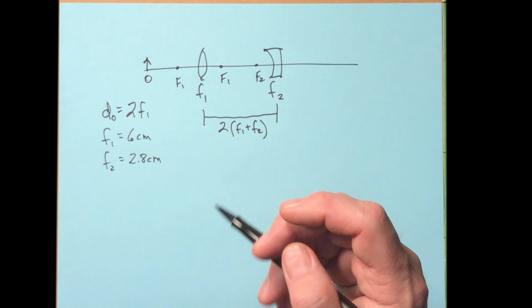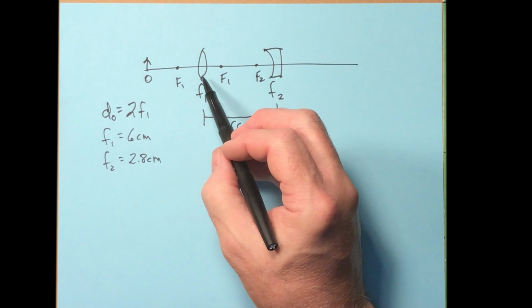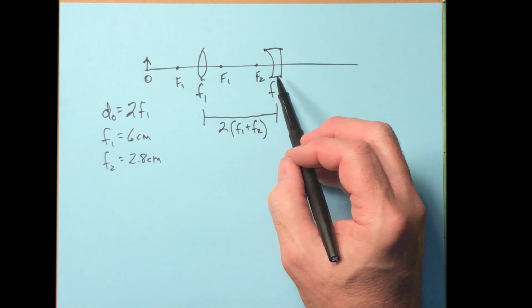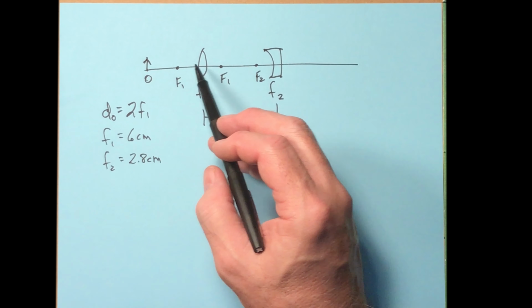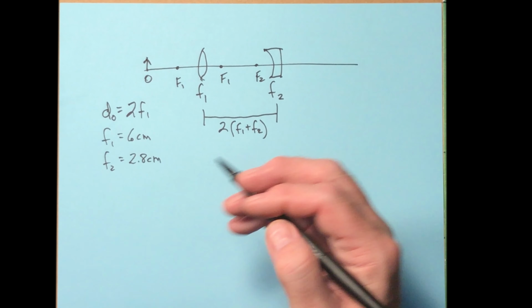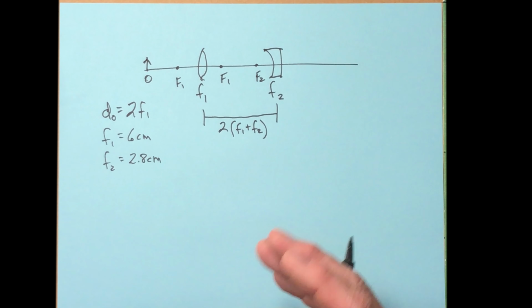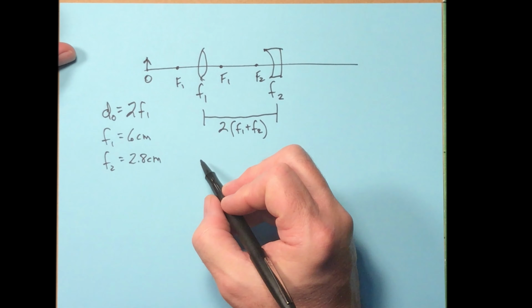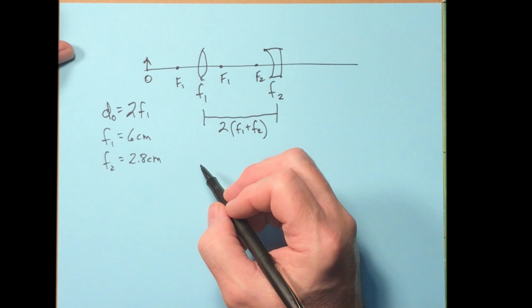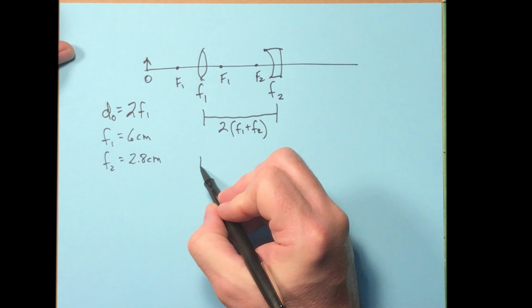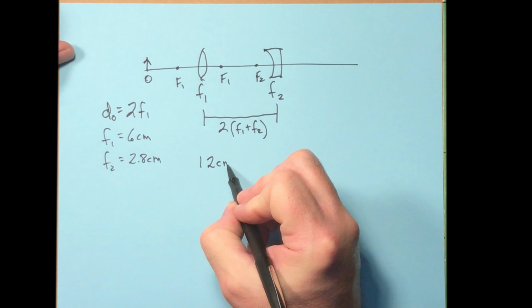But you have 3 problems here. First problem is passing through this lens. Second problem is bouncing off of this mirror. The third problem is going through this lens again. I'll tell you the answers here, but I want you to work it and see if you can figure it out. The answer for what is the distance to the final image is it's 12 centimeters